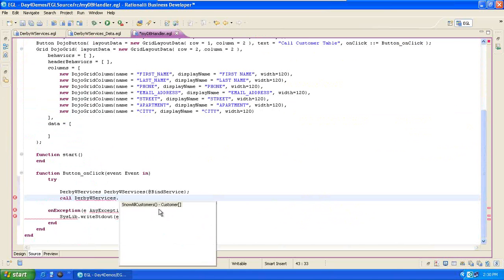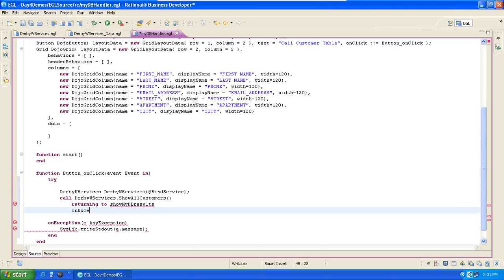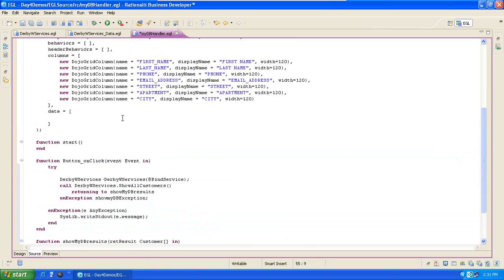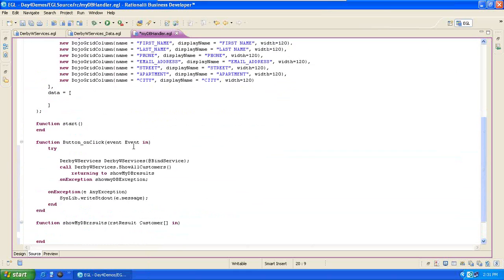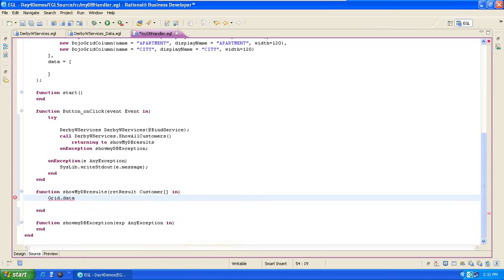Now once you are done, call the function name and then returning to show my DB results, and on exception show my DB exceptions, semicolon, then select both functions, right click, create callback functions, and here select this create variable name, then press dot, and then select the data property, equal sign, and then this result array